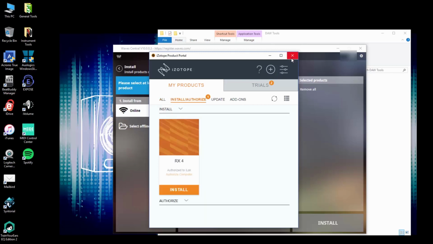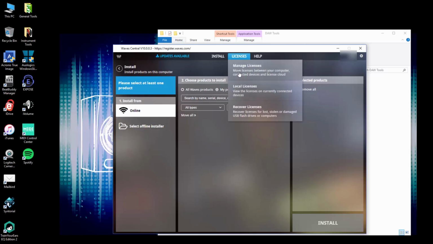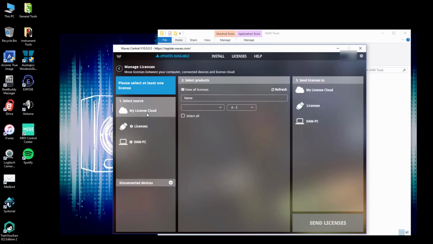Okay, so now licensing is done differently depending on the plugin. There's lots of ways to do licensing, and it drives me insane that they all do it differently. As I showed you here in Waves, they have a section for licenses, so you can manage your licenses here, and you can have them in the cloud, on a USB stick, or on your PC, but you can only have them in one location at a time. So if you want to move them from one PC to another,